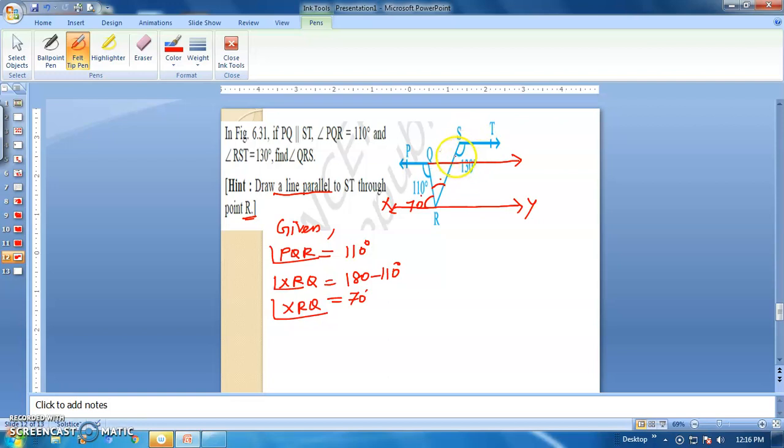Okay. And what about this angle? These two angles are supplementary. So let us take this one as PQ, or you can take this as L. Okay. And this one M. Right. So they are given as angle RST equal to 130 degrees. Okay. Or ST equal to 130 degrees. Now I am going to find out the angle SML. Okay. SML.